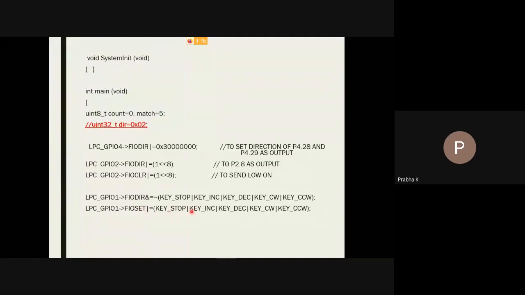If you press key stop, it will take this FIO set command and the key value will be made high. This is the value that I'm sending on that input pin. So when I press the key, the status of this input pin will be 1. Similarly, wherever I use these commands, that particular pin will have the value high.